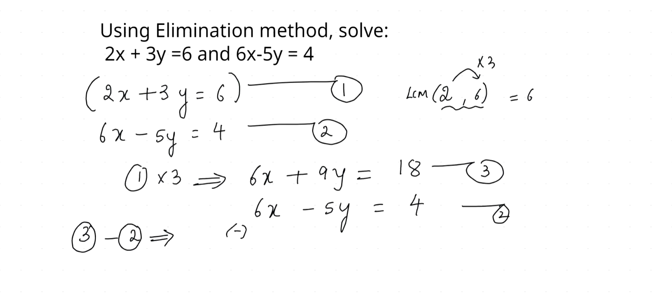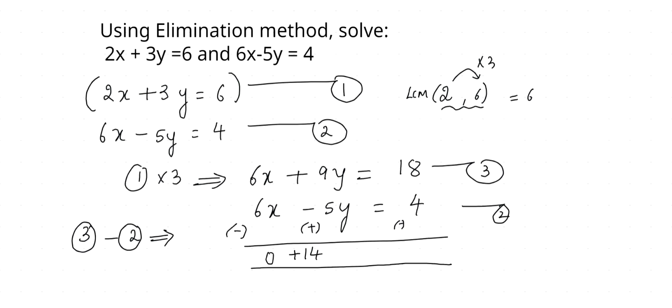So I'll get what? See here. 6 minus 6 is 0. 9 plus 5 is 14, 14y. And then 18 minus 4 is 14. So I get 14y is equal to 14, or y is equal to 1. Now that I got y is 1,